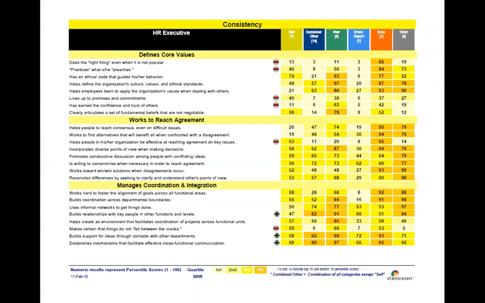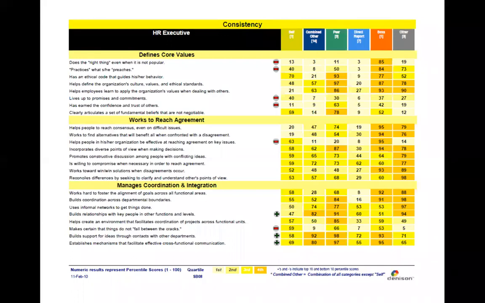So just looking at this, you can see, the second item, practices what he or she preaches. Well, the boss thinks that's an 84. The direct reports think it's a 3. And on average, for the combined other, it's an 8th percentile score, which means it's one of the 10 lowest items in the survey of the 96 items. And so that's highlighted by a minus sign next to each of those items.